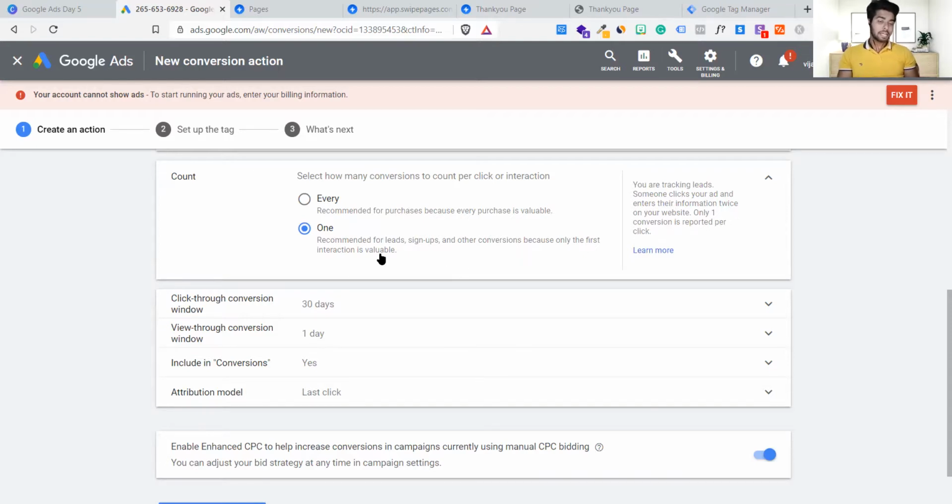It is saying that for us, what is the lead? The first interaction itself with our landing page is super important as a lead magnet. So that's why it will count as one. But for purchase, suppose Vishnu is interested to buy one property, real estate. A real life example. I'm running lead generation for a real estate business, and you give me a lead. And suppose you give me another lead for the same property, filling up my lead form again. Will I count it as two or one? I will count you as one, right?